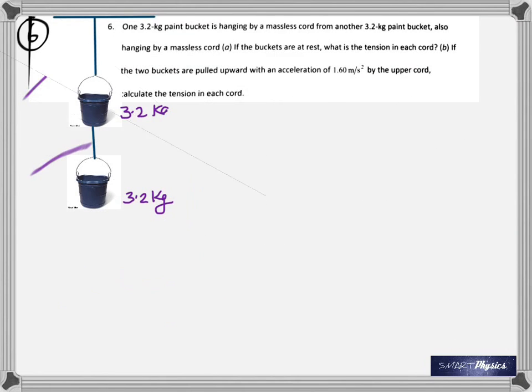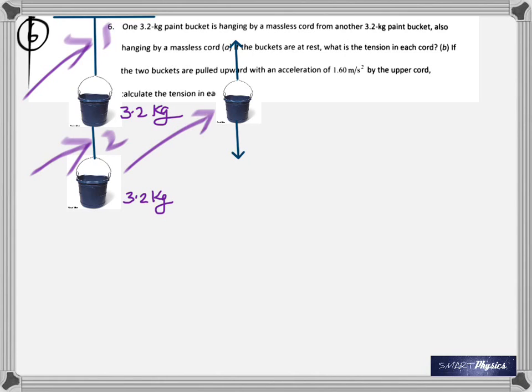Yes. Both are 3.2. Okay. And I'm trying to show you the tensions. I'm calling those 1 and 2. The top one is 1. The lower one is 2. And then I'm saying I'm going to draw the forces acting on the lower one. That's this bucket. And what are the forces acting on that bucket? It's weight and the tension in this part of the string, isn't it? That's all. So those two, mg and ft,